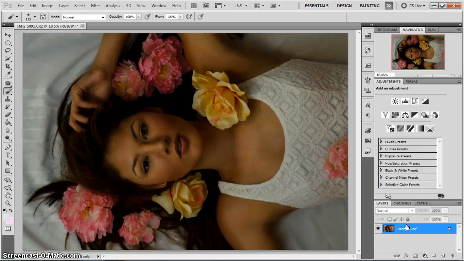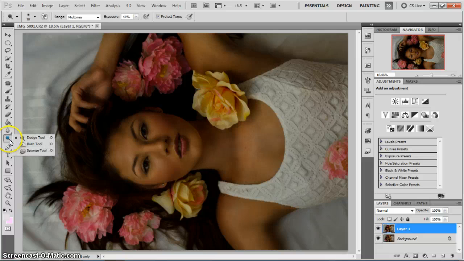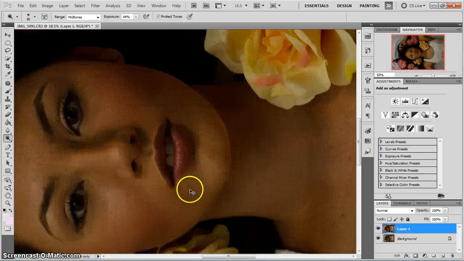Next thing we'll work on is the eyes. You're going to hit Control J for your new layer. Then you're going to come over here. You have your dodge tool and your burn tool. Dodge is brighten, burn is darken. And obviously we want to lighten in the eye area. So you're going to take your dodge tool